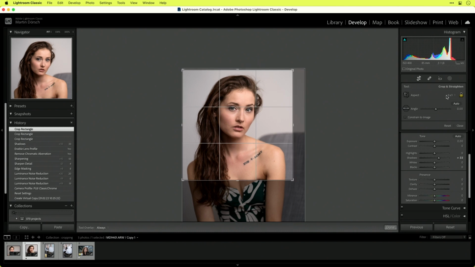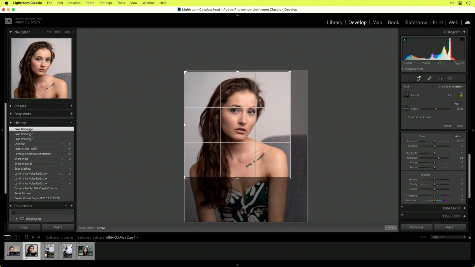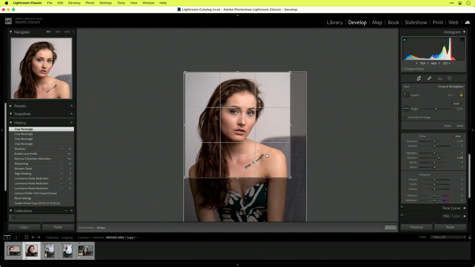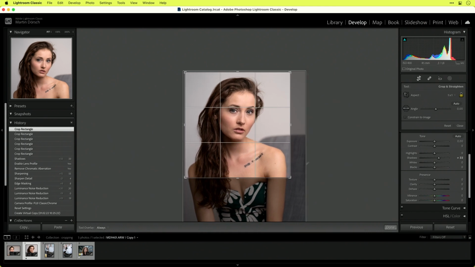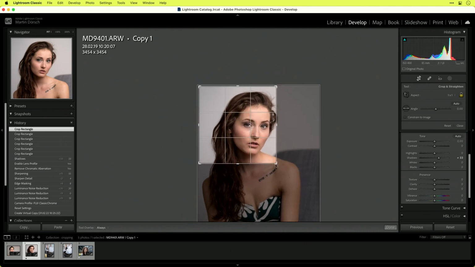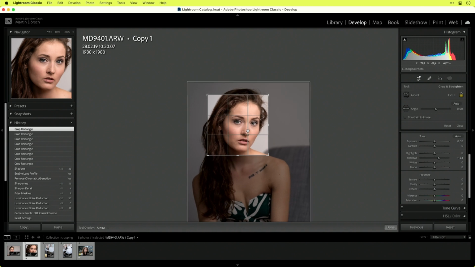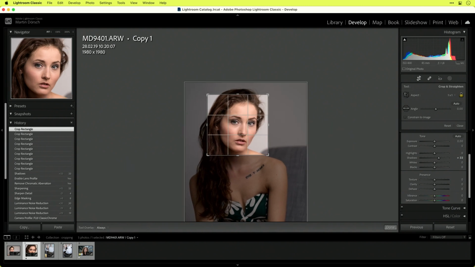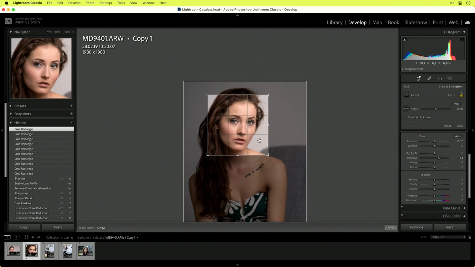Now you see the lock is activated, or the lock is closed, and I can just move the image where I want to move it. If I want to see how many image pixels are left inside the crop, I can press the I key, and here with the info overlay, you see how many pixels are left over. So when I go really tight on this image, you see I still have 1980 pixels, and that's plenty